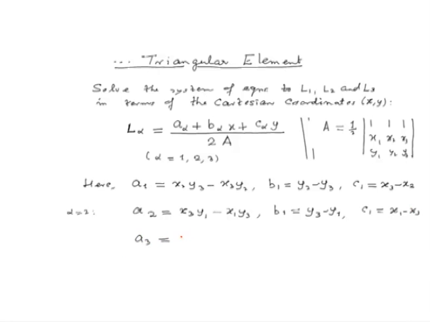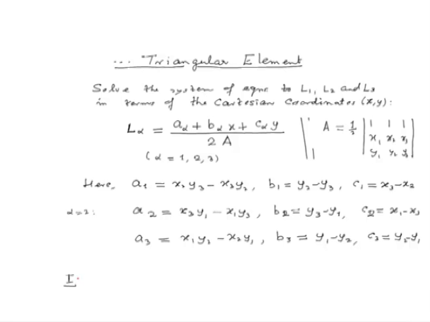A3 is x1 y2 minus x2 y1, B3 is y1 minus y2, and C3 is x2 minus x1. So, we can use these values to find out what are the natural coordinates L1, L2 and L3 of a point if we know its Cartesian coordinates. Now, in terms of these, it is very easy for us to define the shape functions of the triangular elements. So, now let us take